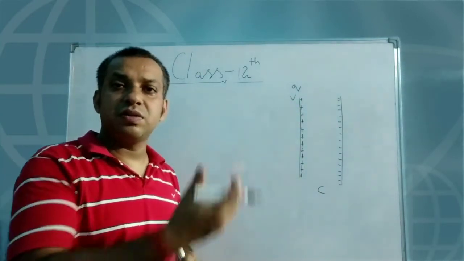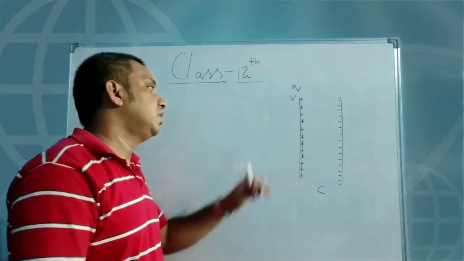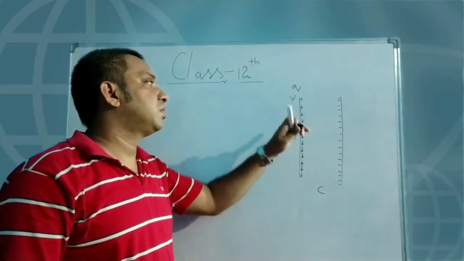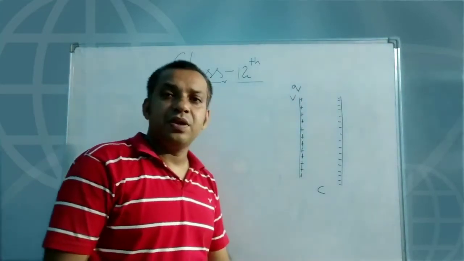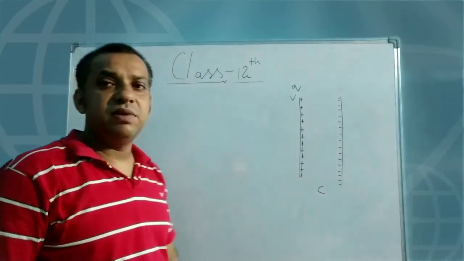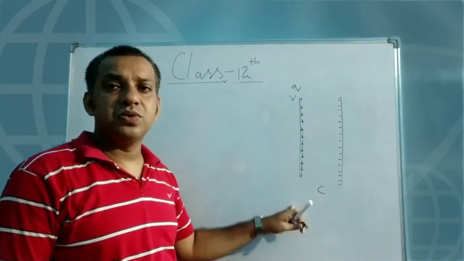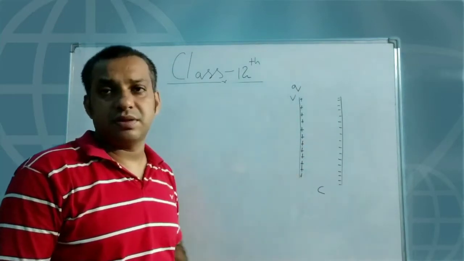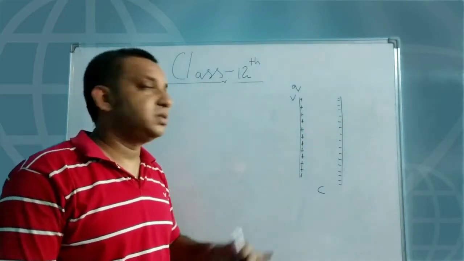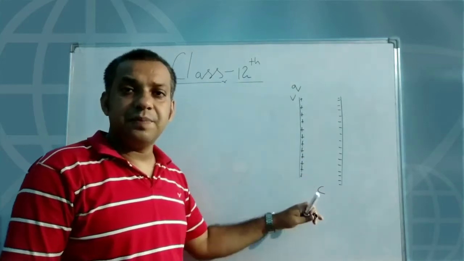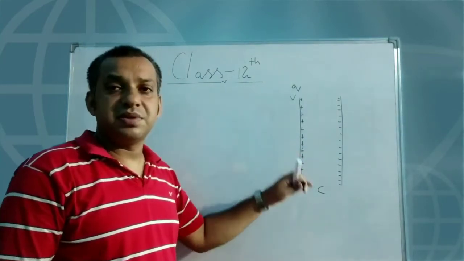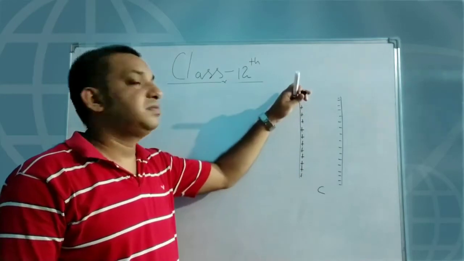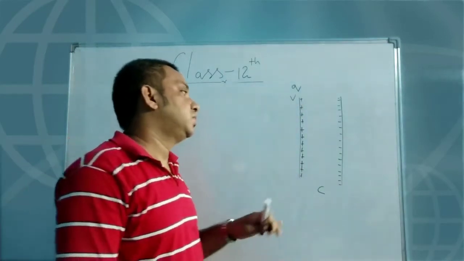That work done is stored in the form of potential energy. So the potential across the plate is V. Our aim is to calculate, if we are charging this capacitor from 0 to Q, how much work done is stored in this capacitor, or what is the potential energy of this capacitor when you charge it from 0 to a charge Q.